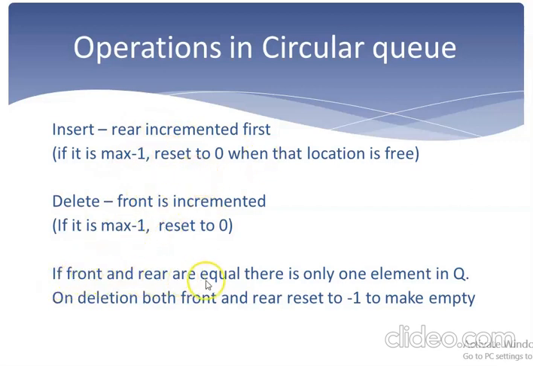So if front and rear are equal, we have this case with a linear queue also. When front and rear have the same value, except minus 1. Minus 1 is the case where the queue is empty. Otherwise, if front and rear happen to be of similar values, let it be any value, just 0 or 1 or any value between 0 and max minus 1, then we can say that there is only one element in the queue. When front and rear point to the same index, there is only one element in the queue.